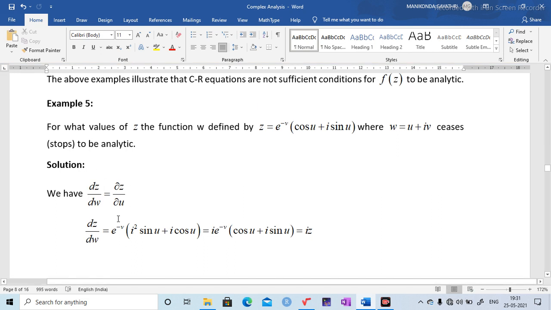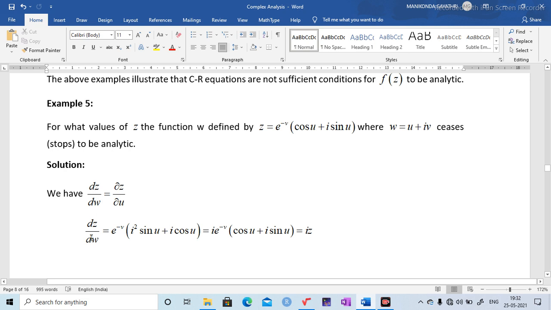Observe here, some changes are there. You can change these, because in the study material I have written partial differentiation here, but it is not partial differentiation, it is differentiation. So you can change all the steps here. We have dz by dw equal to dou z by dou u. So this is by using your first semester syllabus.